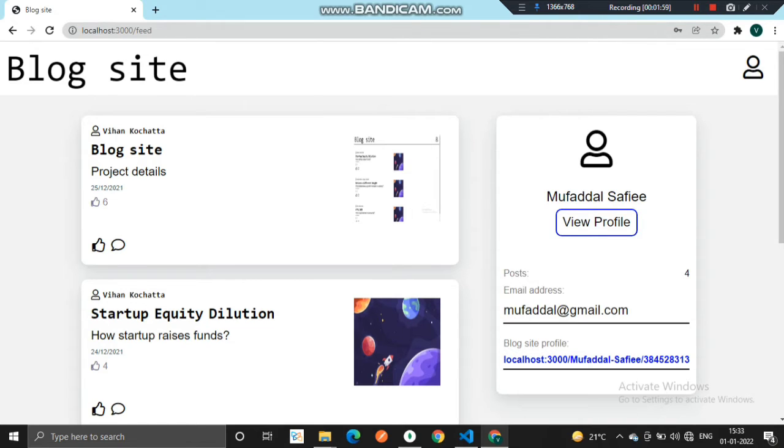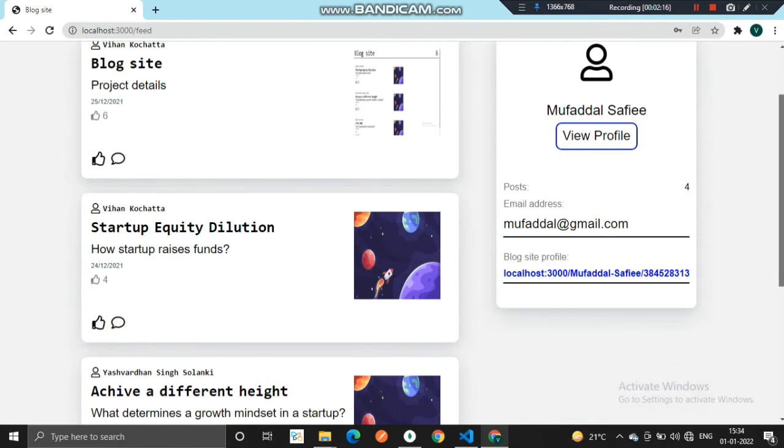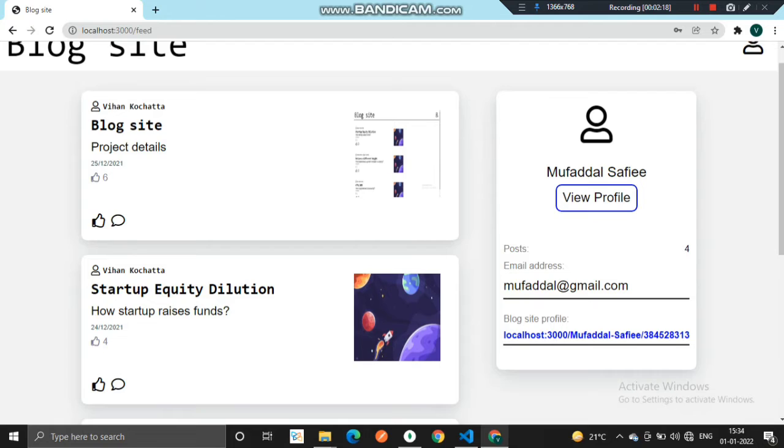Here on this feed page I will be able to see all the different posts by different users, my profile section, and my email address by which I registered. This is the overview of a blog.